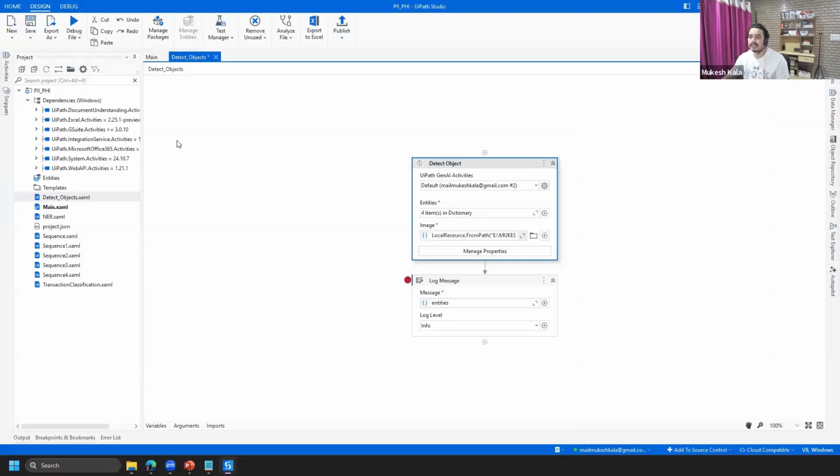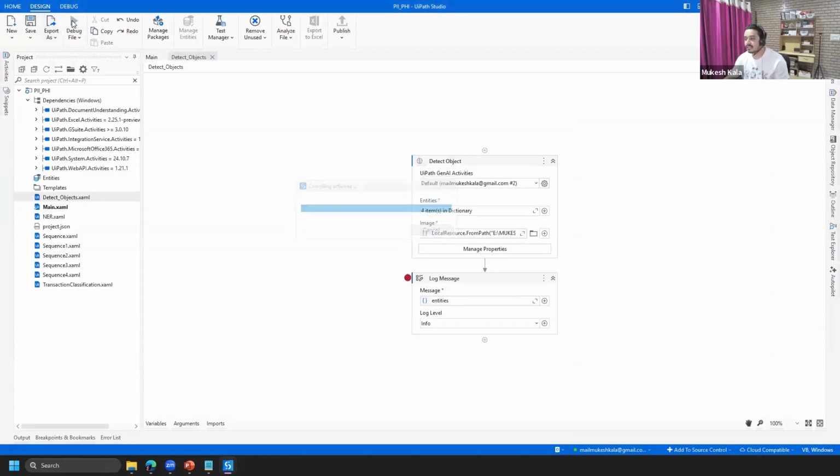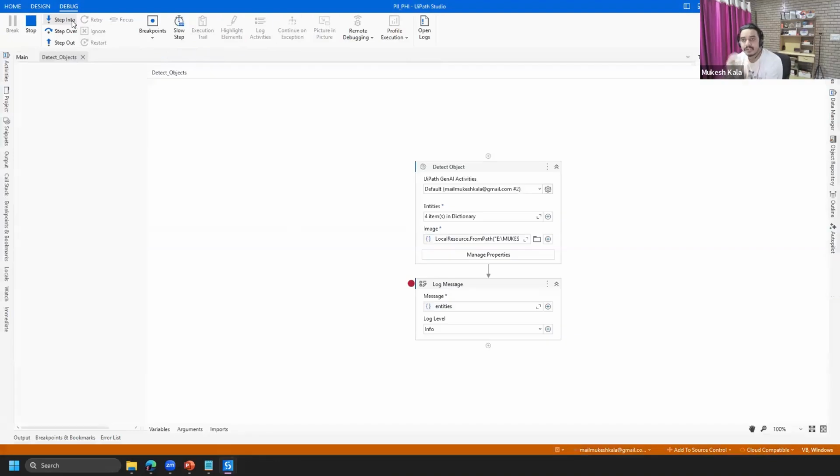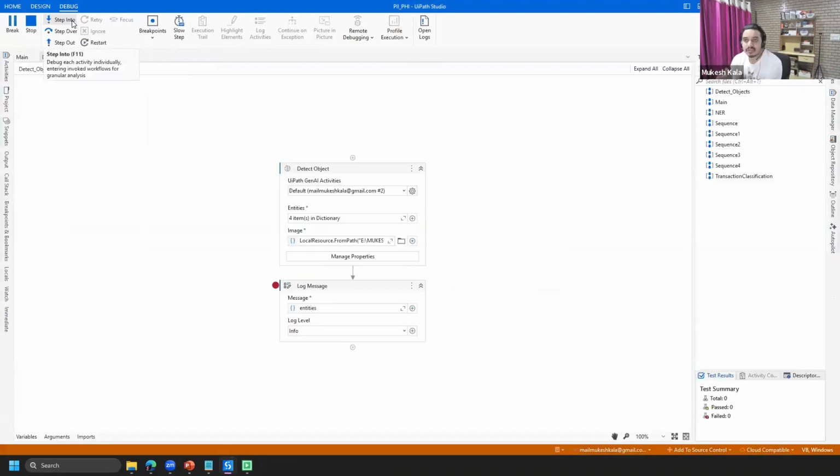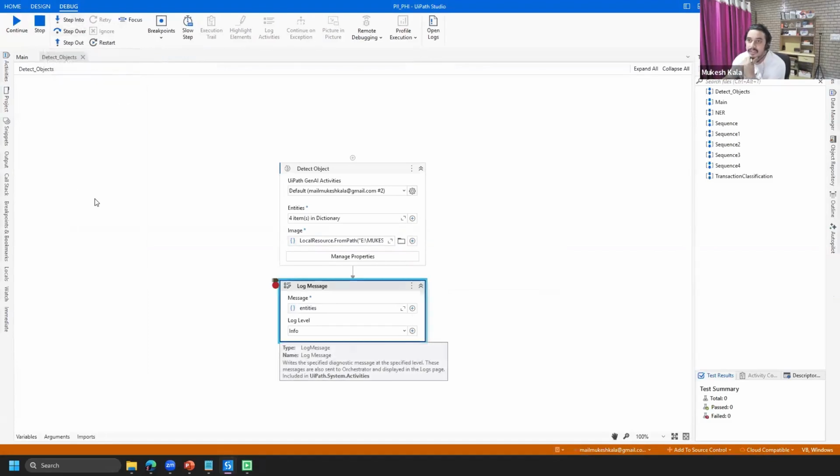And exactly the same thing I am running on my Studio because my Studio is already connected. And let's see what we get in the entities. I'll just run it in debug mode so that we are able to see what is happening. Concept-wise it is exactly the same. You can just open it there or it can open here as well. But because I have already created a lot of these things, I just wanted to save time. And then if I show you the output,